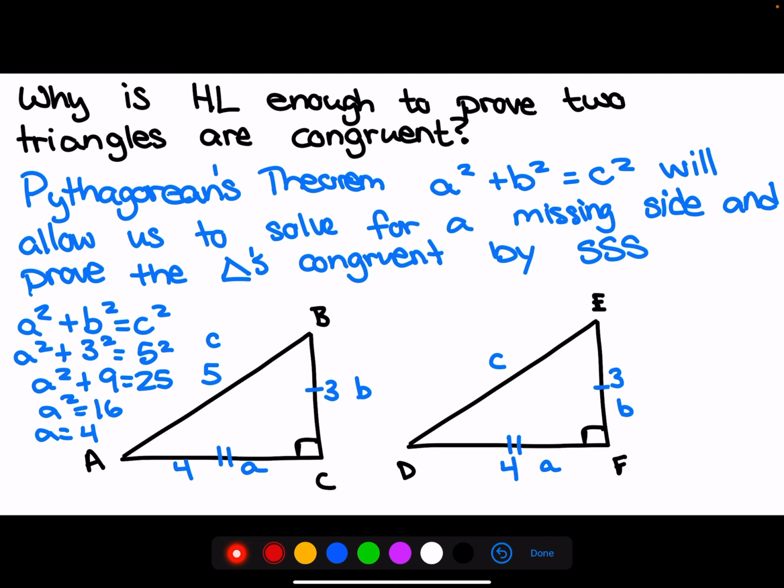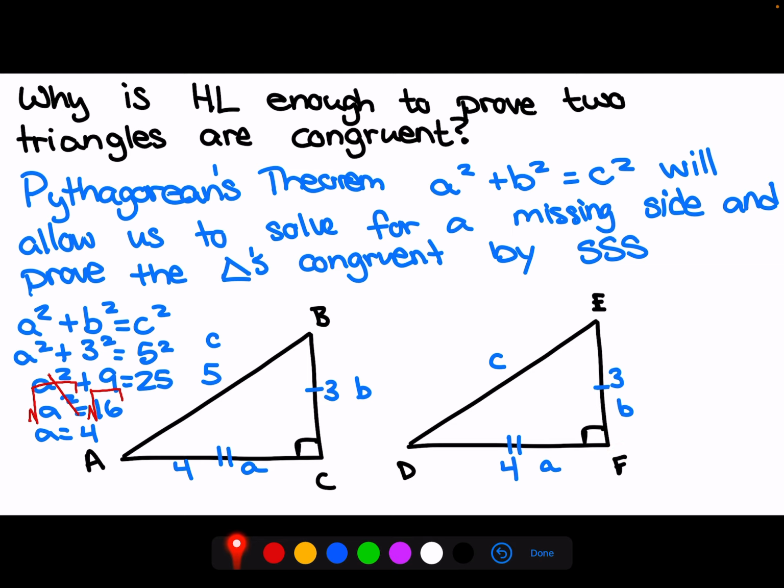Now the only way that I can get rid of a square is to take the square root. And what I do to one side, I must do to the other. So the square and the square root cancel. I'm left with a is equal to plus or minus 4. Now, we know that we can't have a negative value for a side length, so that's why it's only going to be positive. Now, if I look at these two triangles, I now have side, angle, side, and side, angle,